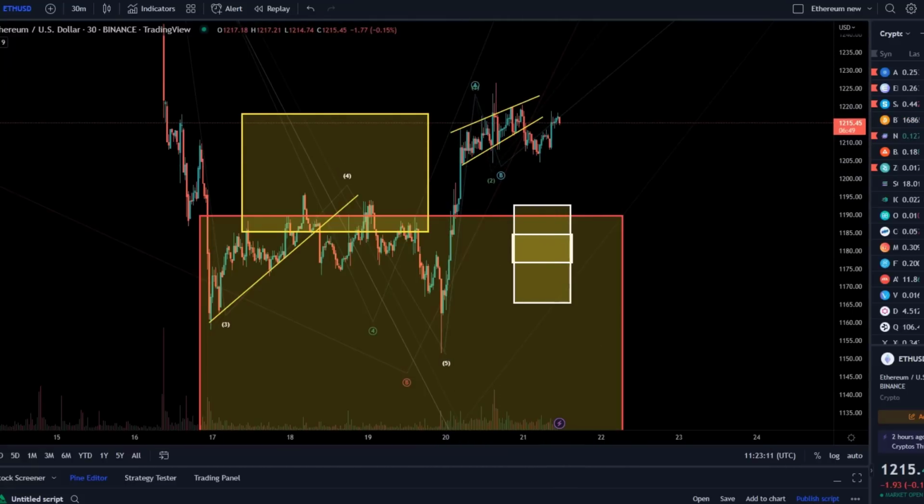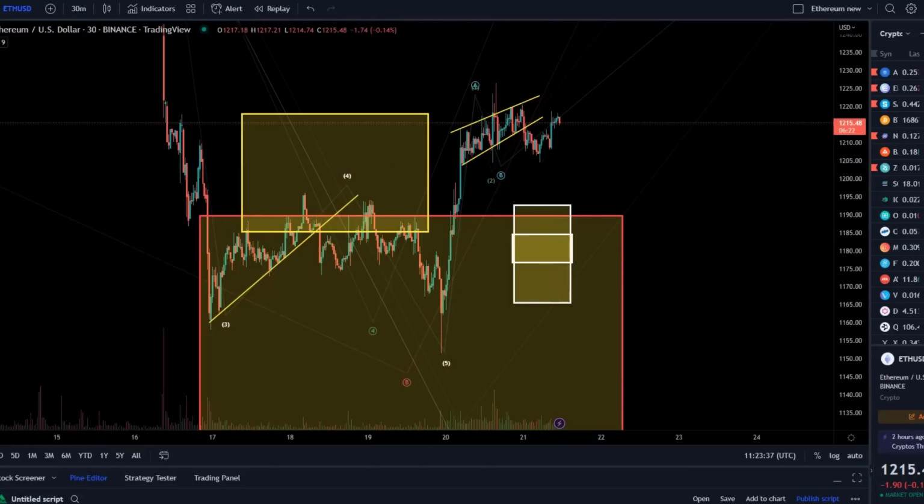So we broke out of this small channel to the downside. We talked about this kind of channel yesterday in the video. But that doesn't really give us a lot of insights. I mean, the move down, you could argue, looks impulsive. The move up is currently only in 3 waves, so it could very well be we're coming down now, but without breaking substantially the previous low at 1204. We don't really have any evidence, yeah?